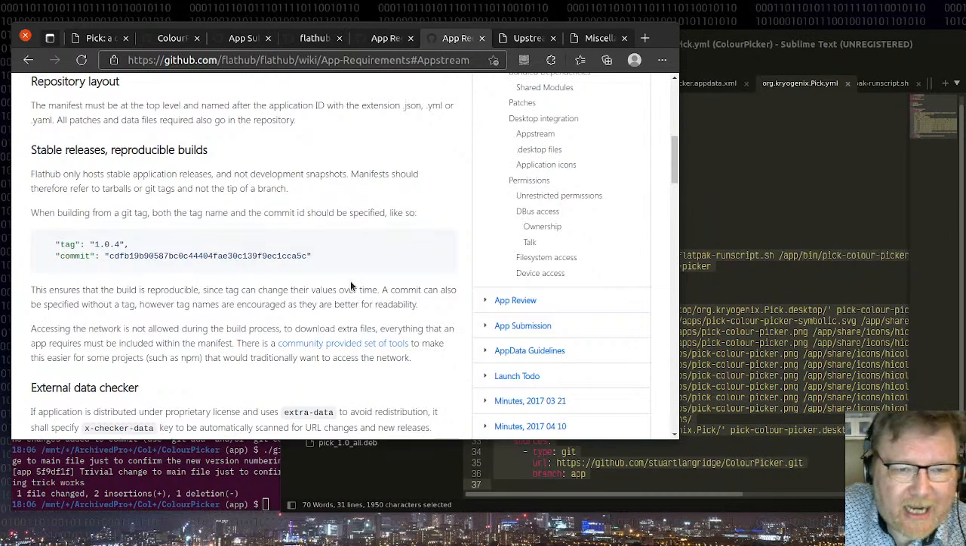When building from a git tag, both the tag name and the commit ID should be specified. This ensures that the build is reproducible, since tags can change their value over time. A commit can also be specified without a tag, however tag names are encouraged as they are better for readability. The point being, I can just go, it's this commit in the main branch,